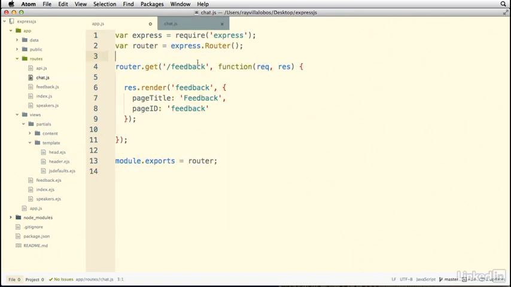So of course, chat is going to have chat instead of feedback here for the get and the page ID, as well as the page title. And there's not going to be any additional functionality in this route. We're going to take care of everything in app.js. So I'm going to save that, and I need to create the chat view that I'm referring to right here